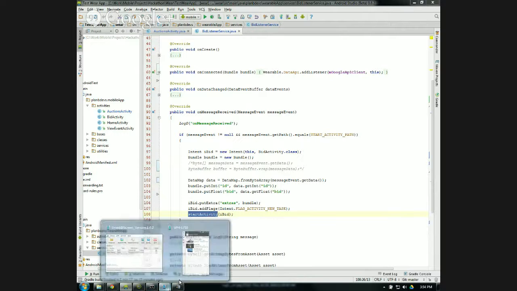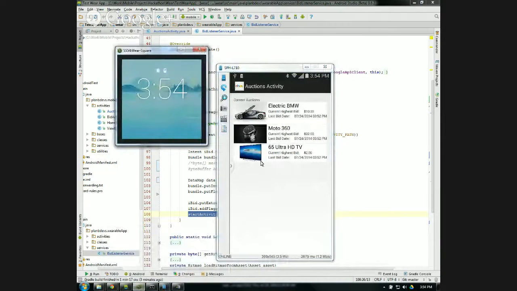And so if we go back to my app, we'll see that happen. So let me click on the Moto 360 watch, the second item here. You'll see over here now it says my current bid is $32, and it asks me to choose my new maximum bid. And so this is a picker that, if I can get it to scroll, kind of hard to do on the emulator. So we'll set it to 35, and then when I hit submit, what's going to happen